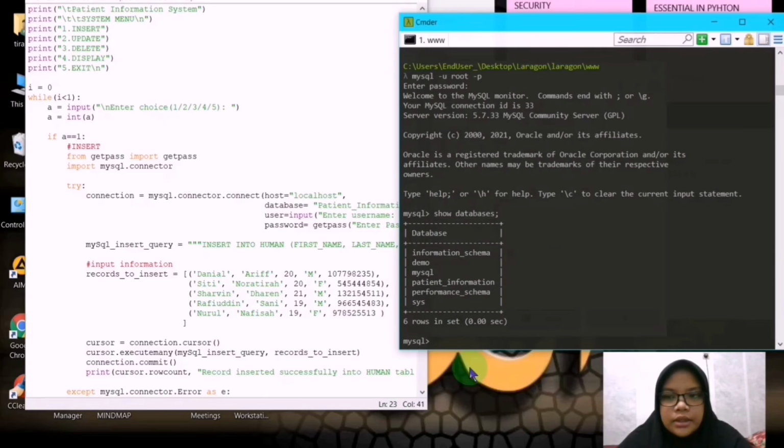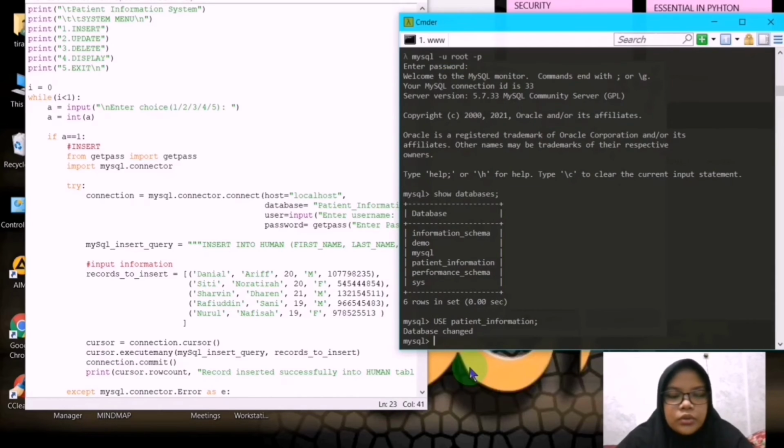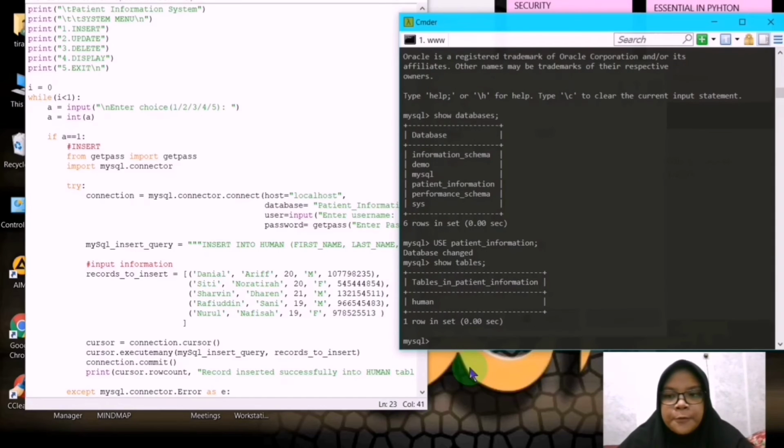So patient information, lepas tu kita pergi use patient information untuk masuk database patient information. So tekan bagi command show tables untuk tengok tables dalam patient information. So lepas tu kita tengok